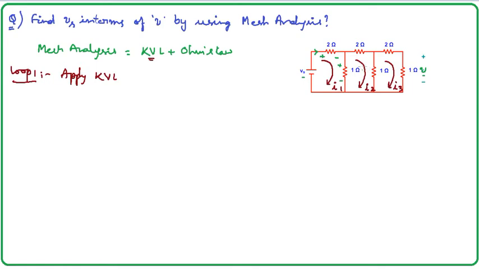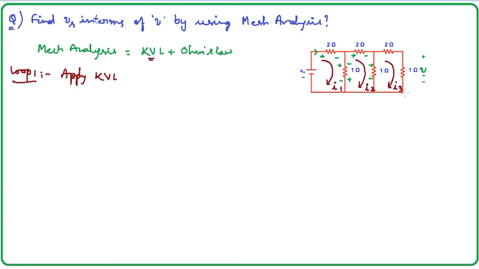Let me consider I2 here in this loop. There is only one current passing through the 2 ohm resistor, that is I2, and it flows in this manner. I2 is flowing in this way. First it touches this terminal, so this is positive, and it leaves from this, so this is negative. Similarly, it touches here, so this is positive and this is negative. So according to I2, it touches this resistor and leaves from this resistor, so it is positive here and negative here.